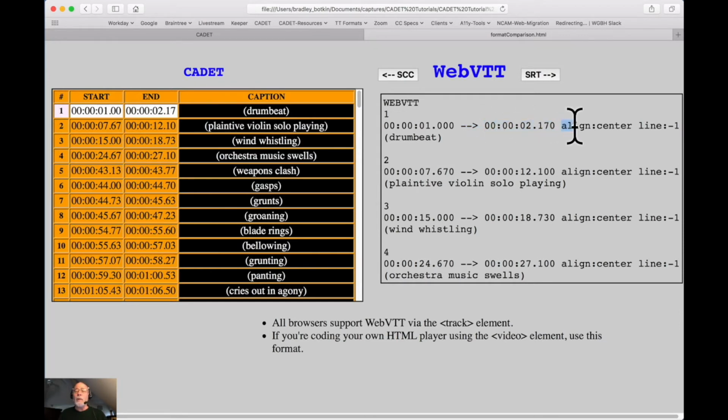WebVTT allows for some styling commands. A couple of them are here. And then there's the caption. If it were a multi-line caption, then there'd be a new line here and the second line, and a new line and a third line. So that's the way a WebVTT file looks and operates. As I said earlier, all browsers support WebVTT via the track element inside a video element when you're building your own HTML player. So if you're coding your own HTML player using a video element, you're going to be using this format. So let's move on to the next format,